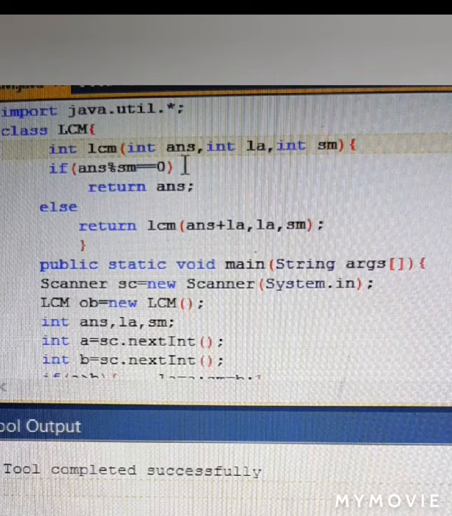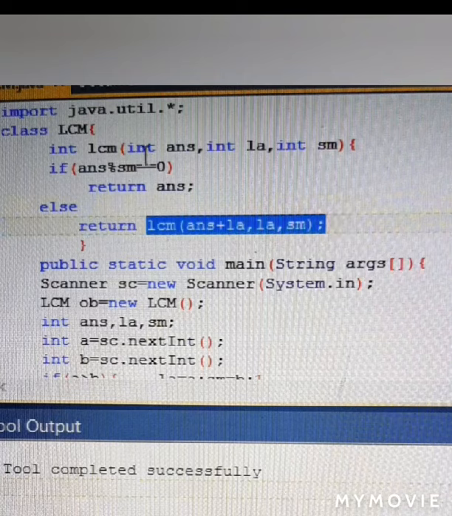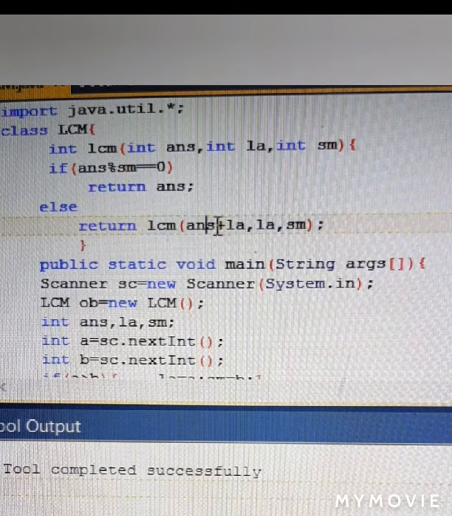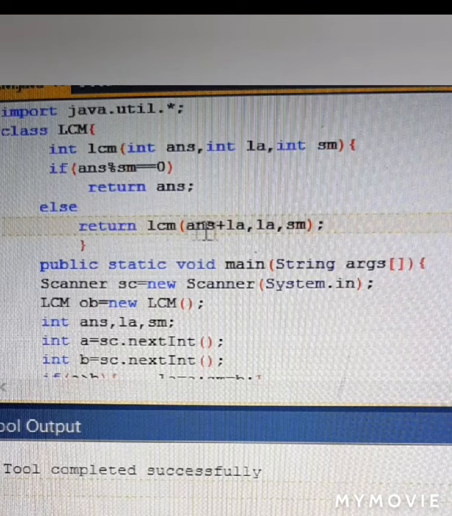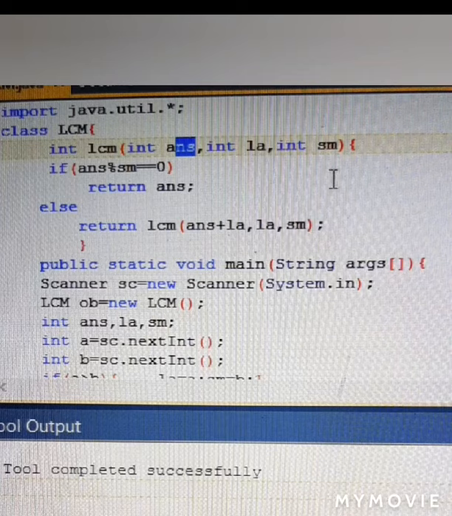16 modulo 6 is equal to 0 is again a false condition, so it will come to the recursive case. LCM is going to call itself recursively, and this time answer was 16, 16 plus 8 will become 24. So the value of answer received in the function will be 24. LA will be 8 as it is and SM will be 6 as it is.